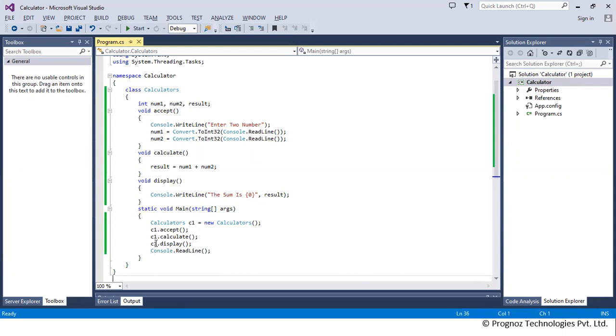Kunal, are you listening? Shubham Thorat, what is the name of the object in this example? C1, sir.